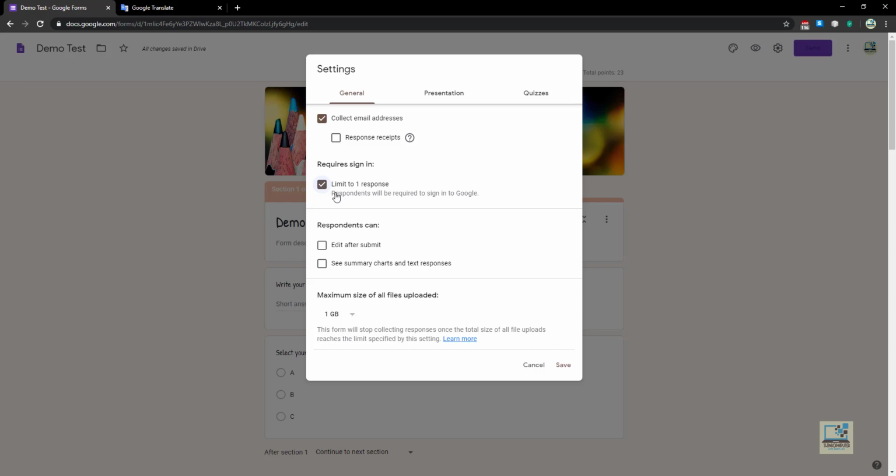There is one more doubt. When the test paper asks the student to enter the email address, some are having doubt whether to use the same email address or a different email address. The thing is that when you need to sign in for giving the test, you can use any email address.